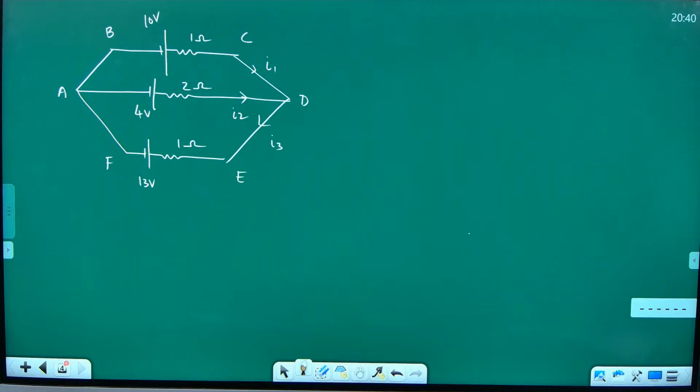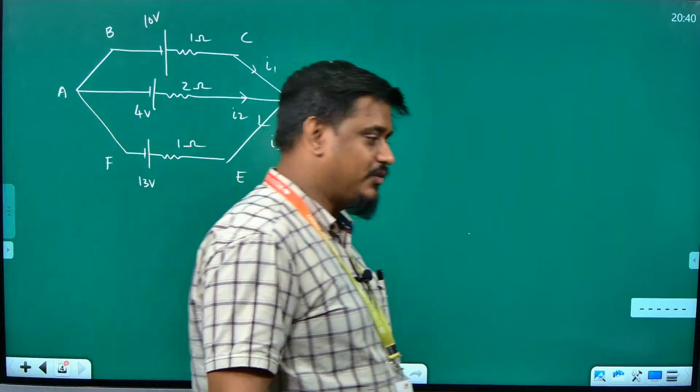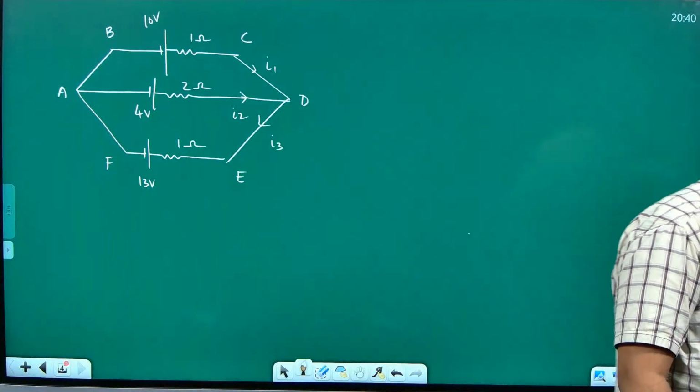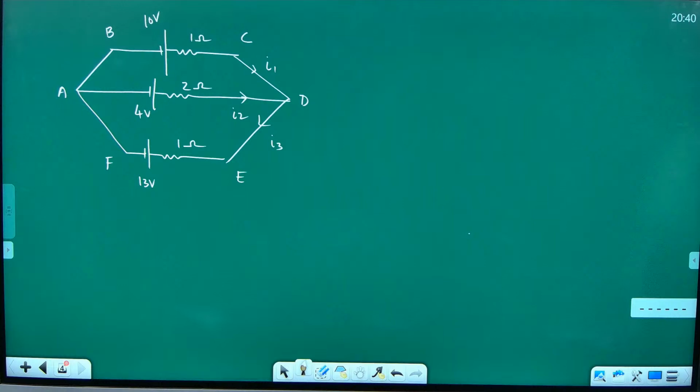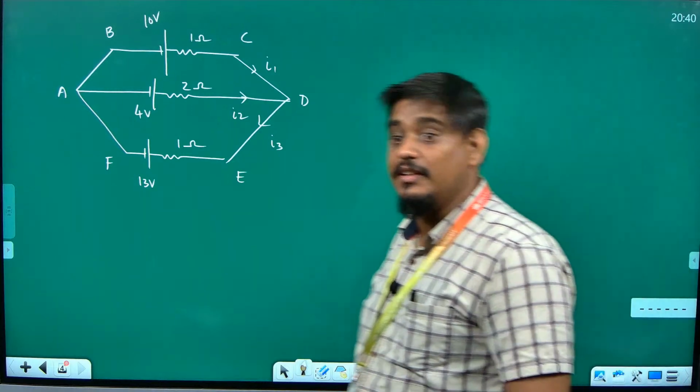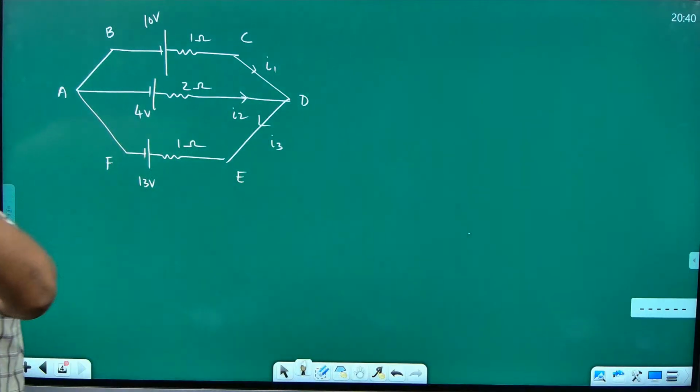Yeah, please. I got I2 as a negative value. When I substitute that value into something else, do I use a negative value? Yes, obviously you should use the negative value only. If you got I2 as negative, use it as negative itself. At the last you can conclude that for I2, your assumed direction was wrong. Not in the middle, you change it. Yes, tell me, Devadarshan.